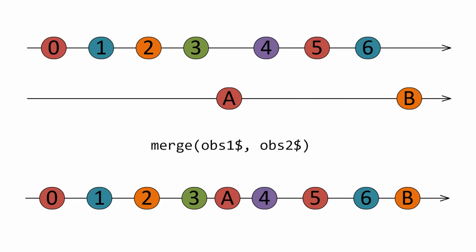the spacing between the items is. So it goes on this diagram 0, 1, 2, 3, and then if you go down vertically, you can see that's where we get the A from the event. Then we've got 4, 5, 6, then we've got the B, and so those just get squished together, and that ordering is what comes out in the merged observable. So it's important that on the diagram, although the actual distances don't matter, the order should still make sense.